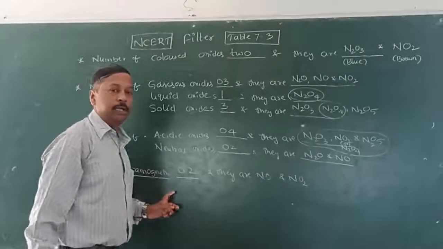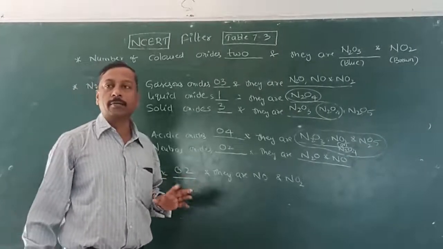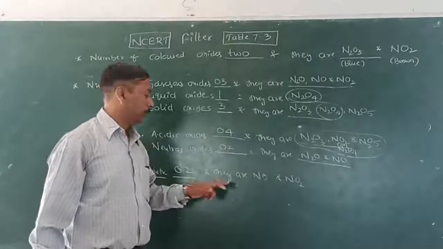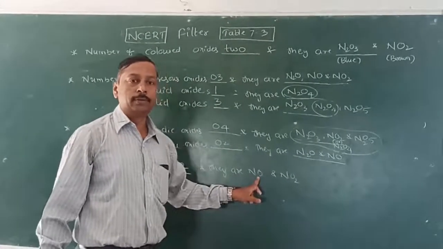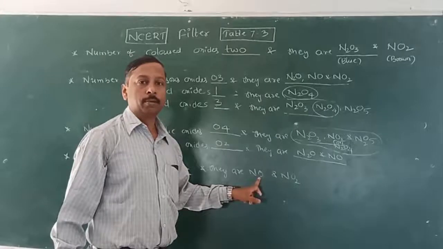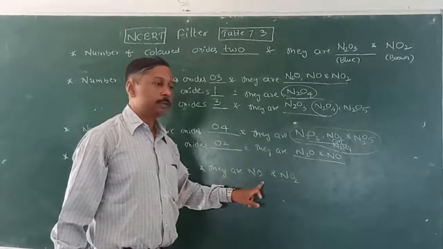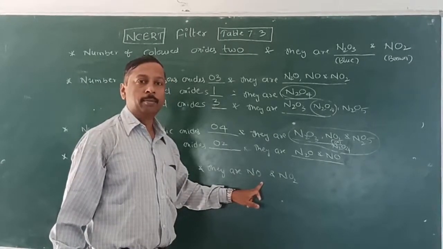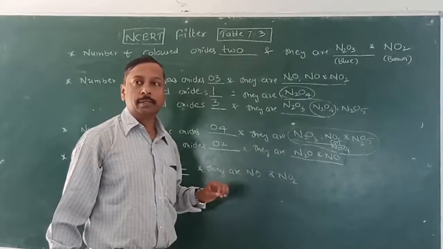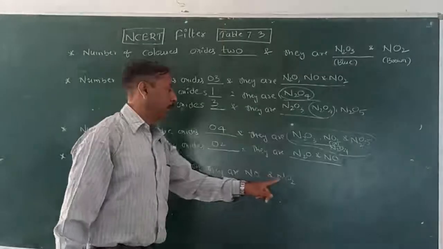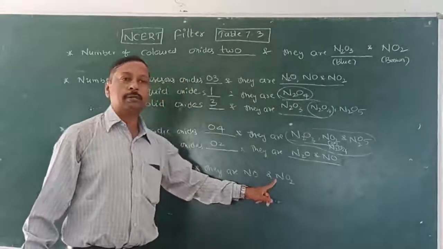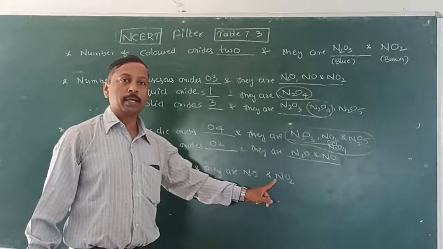Okay, paramagnetic means at least one unpaired electron must be there. Okay. So here NO is a special example, which we have studied in chemical bonding also. It is an odd electron molecule. 7 plus 8, we are getting an odd number. So odd number means obviously there will be one unpaired electron, therefore it is paramagnetic in nature. In NO2, due to the presence of one unpaired electron, it is paramagnetic.